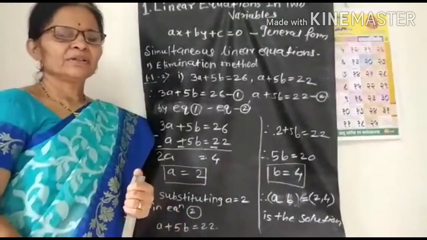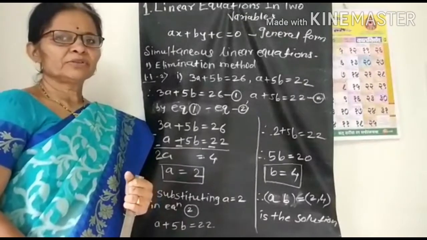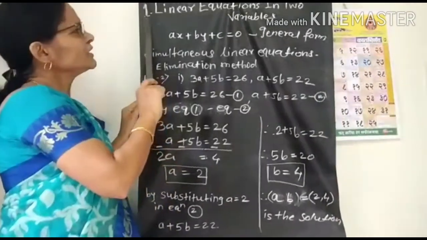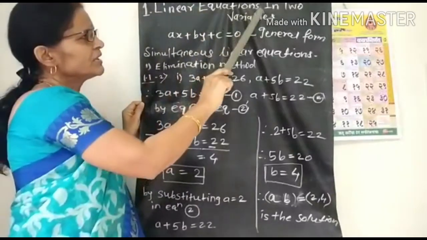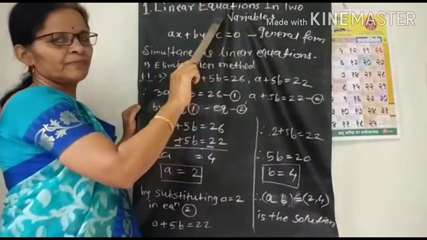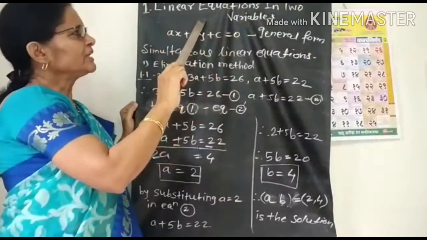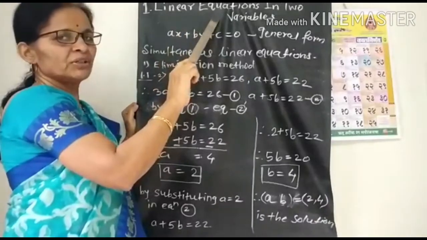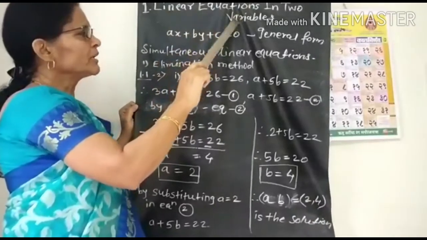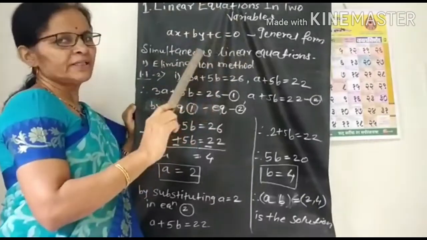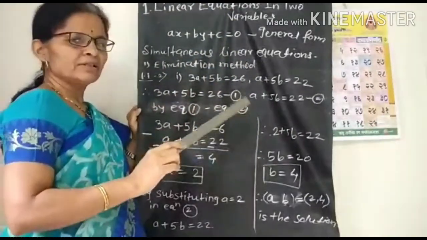Hello students, today we will start with maths first, and we will start with the first chapter, linear equations in two variables. First of all, see what is a linear equation. In previous standard you already learnt it. What is linear equation? What is linear equation in two variables? What is simultaneous equation? First we revise it and then we will start our study.